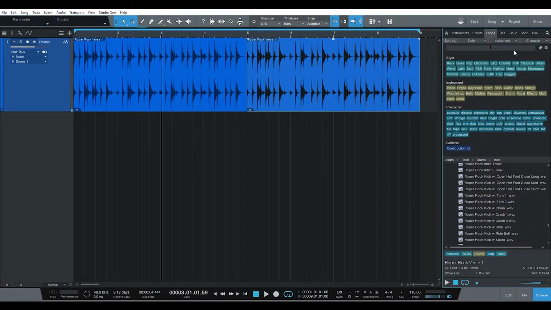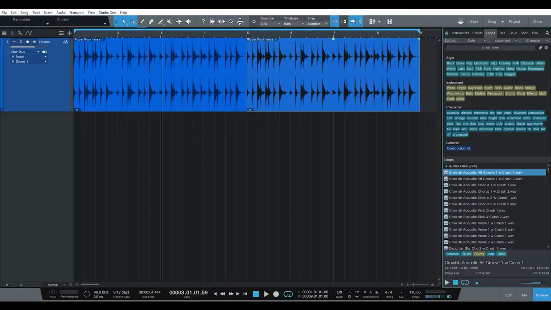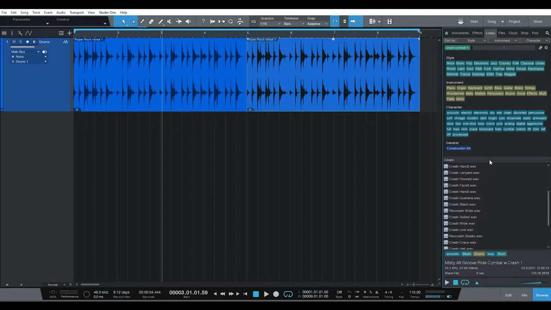So here's where I use my search button. I like to search for crash symbols. So crash symbol. And there it is. So now I see a whole bunch here. It's searching my loops. And yes, you could search your own hard drive and stuff like that. That's using the files menu. But I'm just,